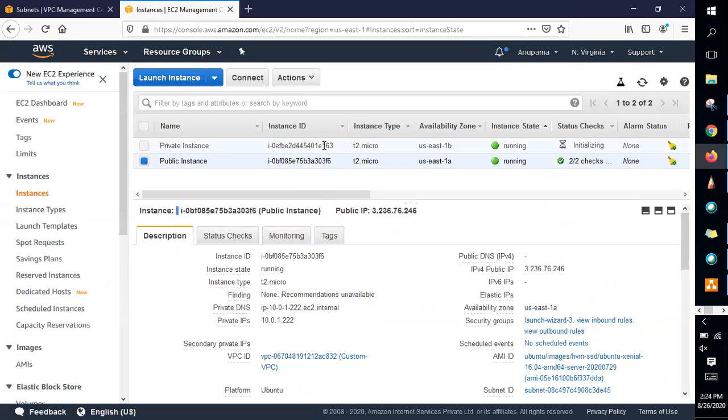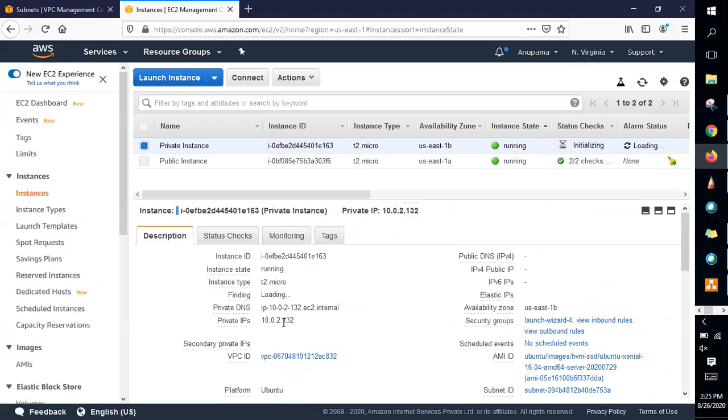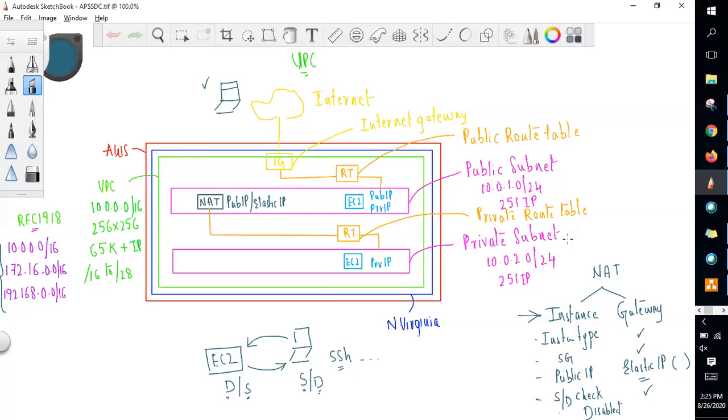Okay, and if you see the private instance, it is 10.0.2.132. And you see here, for the private subnet, we have a CIDR of 10.0.2, and this is common for all the instances in this subnet. And this will vary from, again, the same story, 0 to 255, where the first four and the last one are reserved by AWS. And it took 132 for us. Okay. So now, when we are logging into our EC2 instance, guys, tell me, what is required?